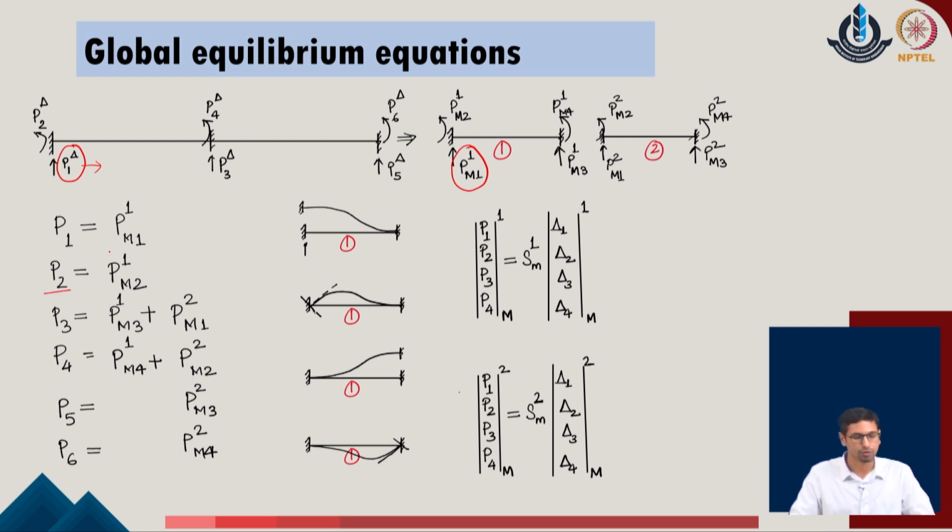Similarly, when we look at force 2, which corresponds to degree of freedom 2 in the given system, we also look for the member force in member 1 corresponding to the second degree of freedom. But when we go to force number 3 in the structural system, we realize that this is the sum of the force corresponding to member 1 as well as the force corresponding to member 2, and taking the sum of these two gives me the net resultant force which is active in the direction of P3 in the global system.